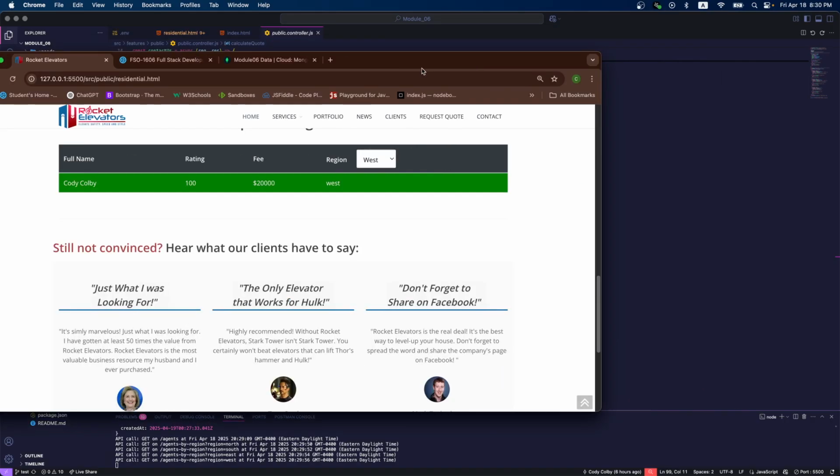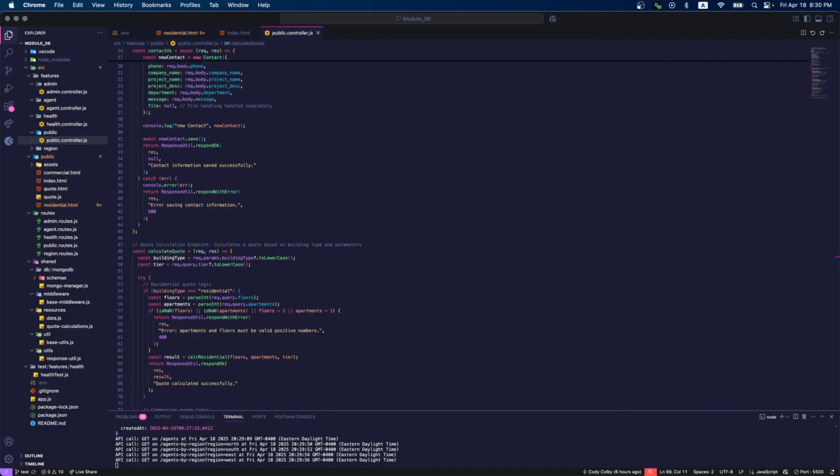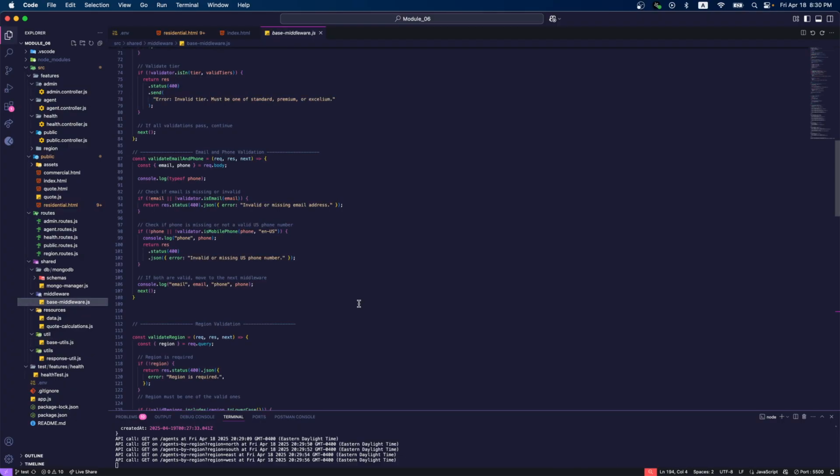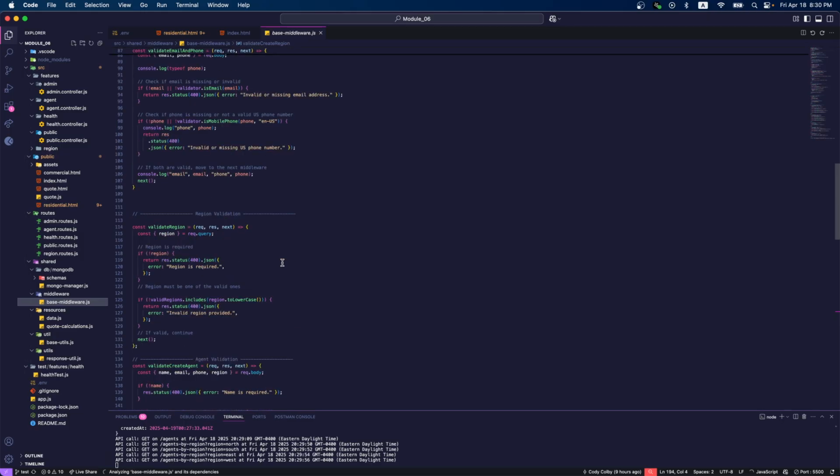Go ahead and pull that out. While I'm at it, I'll also show the contact as well because I didn't show that. Okay, so that's versus the contact us, the validate email and phone number. And then I have that middleware here, validate email and phone number. And then we also have the validate region validator here. And then if I go back to